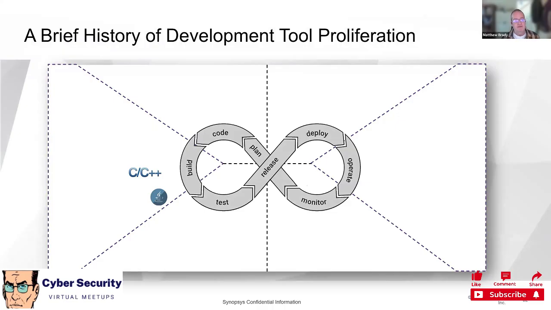So we're talking about tool proliferation here, and I thought a nice analogy would be around development tools. This is not AppSec, but it's the history of development tools, and we all know and love this. I go back before Java, but C, C++ and Java were pretty early examples of application development. There are many more, as we know, but over time, many more things have come in,